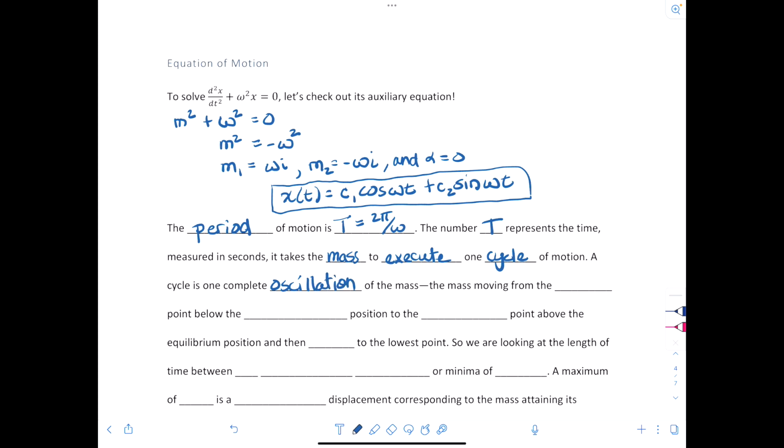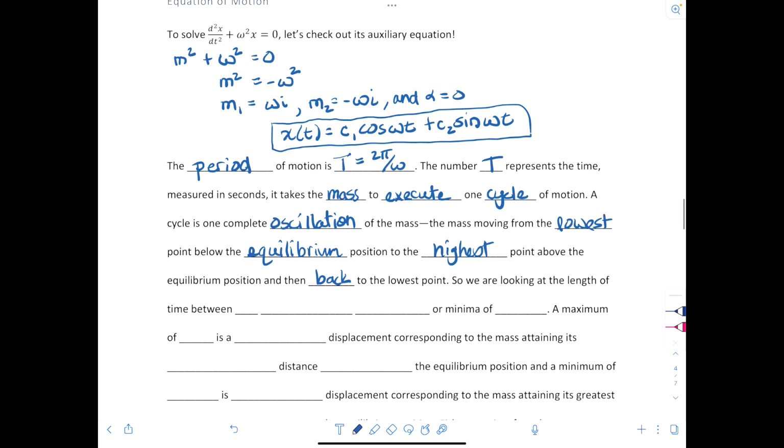So the mass moving from the lowest point below the equilibrium, which is positive, to the highest point above the equilibrium position, and then back to the lowest point. So we are looking at the length of time between two successive maxima or minima